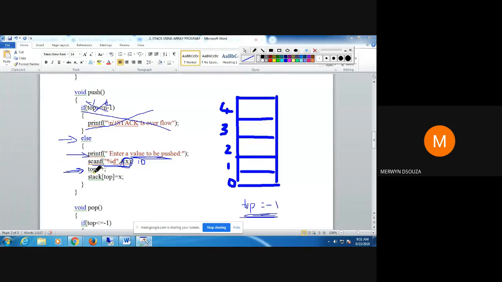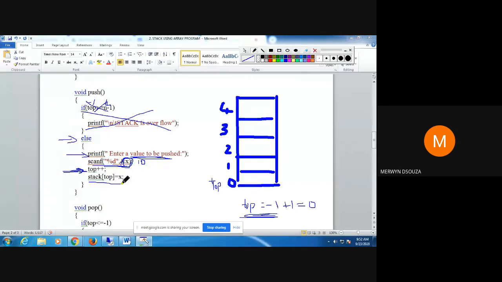The programming is top plus plus. So when I increment top, +1 gets added to the existing value of top. So -1 plus 1, value of top is 0. Okay, so in this line now top value is 0.